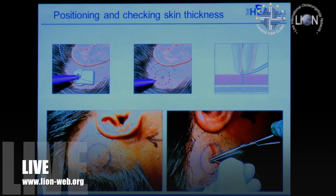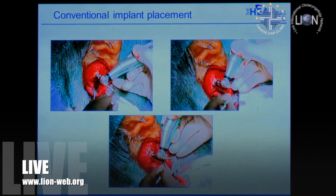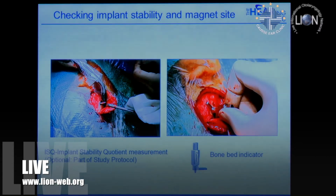And we conducted the first clinical trial in Melbourne, and it's relatively straightforward. You mark the site that you wanted the magnet to be, the skin depth is measured, a curved incision, the site is again identified with a clearance around for the incision. A screw fixture is put in the usual manner, and we could, at least in the study, measure the implant